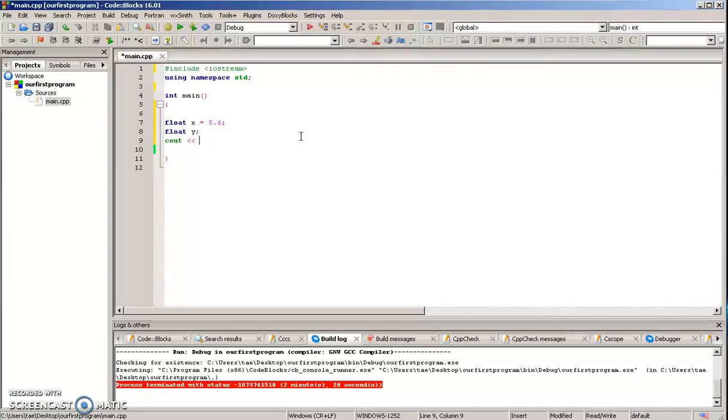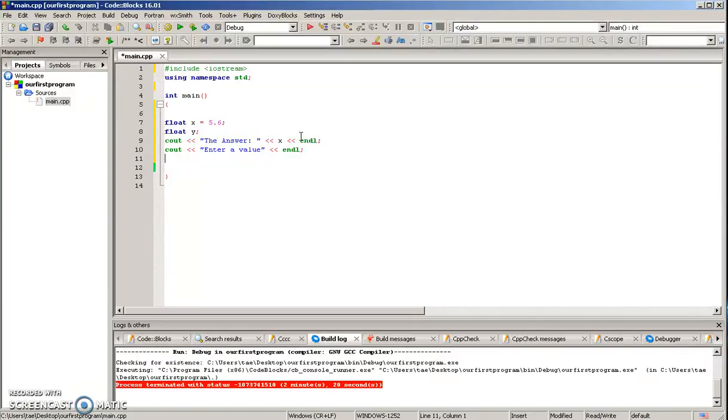We're going to say cout, and put a string that says "the answer", then the insertion operator, and then x, and then we're going to end that line. So what we should see is it's going to cout the answer, print out the value of x, and then end the line. Now in the second line, what we're going to say is "enter a value"